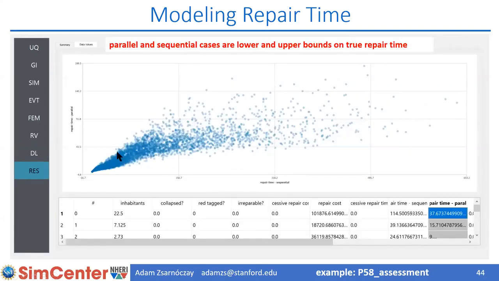If you look at the two values, the parallel and the sequential repair times, you can see that the sequential ones are much higher. Basically, these two values are giving you the lower and upper bounds of the repair times. These bounds are often very far from each other, especially when you add more components. This is a small analysis with only 3 components. This sequential time can often exceed tens of thousands of worker days, while this one is still a couple thousand worker days. So we understand that this is not enough,